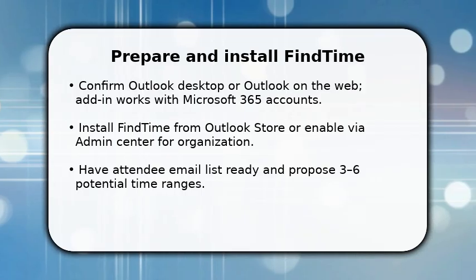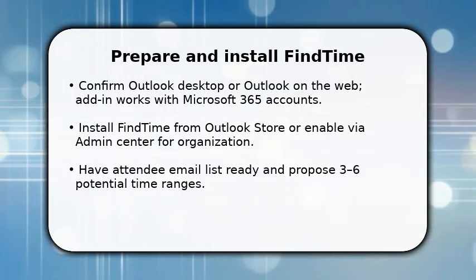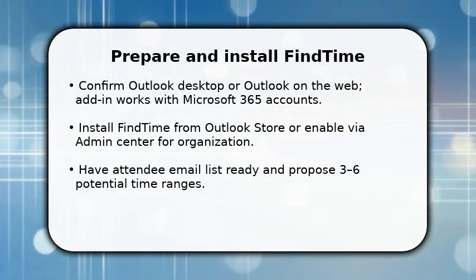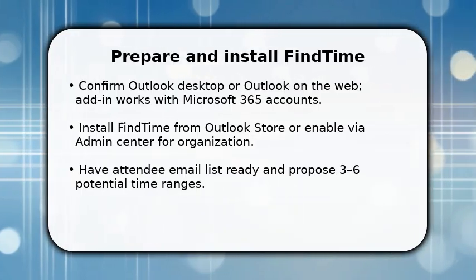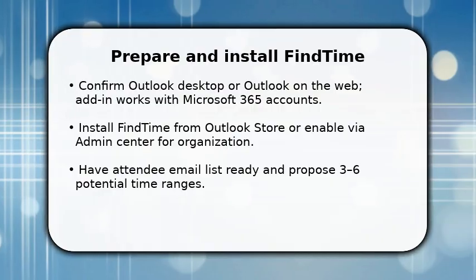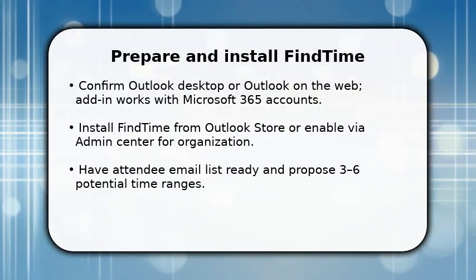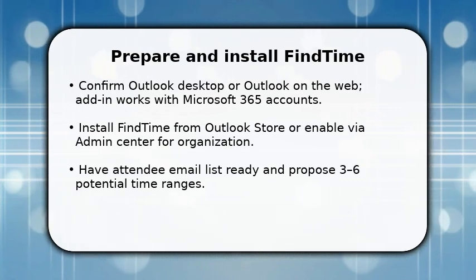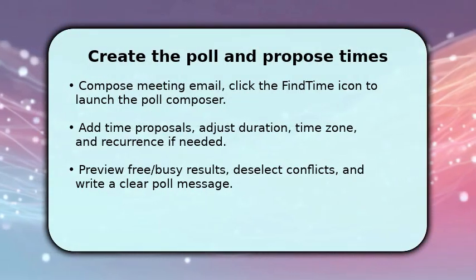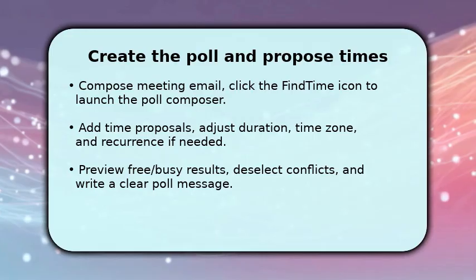Make sure to choose 3 to 6 candidate time blocks that fit your schedule and typical availability. Short windows are easier to match. You'll save time later if you prepare attendee emails now, because Find Time will automatically check free/busy availability as soon as you propose times. Once done with attendee selection, click the Find Time button in the ribbon to open the